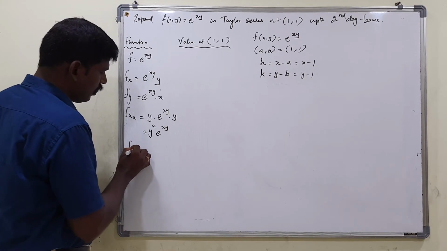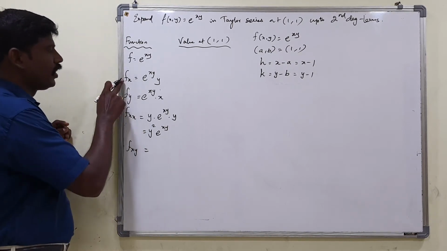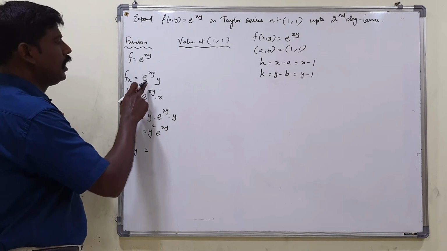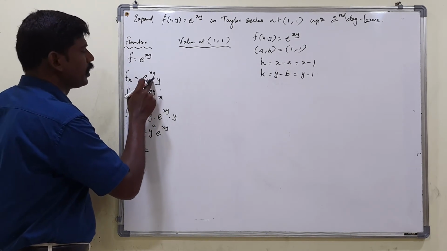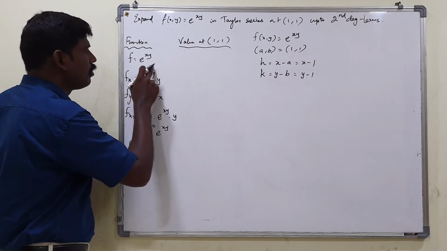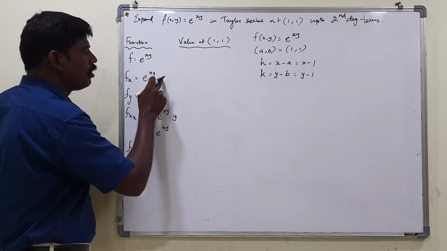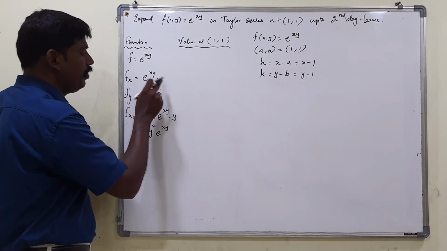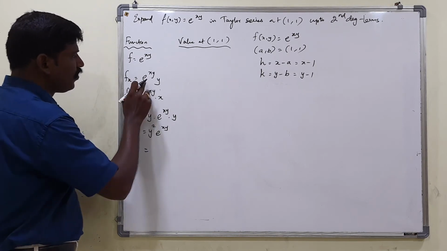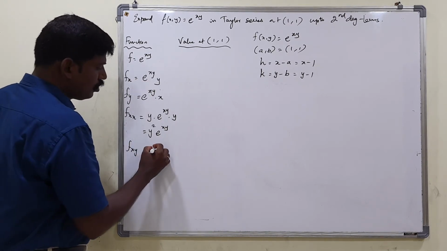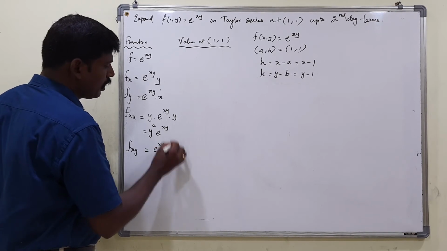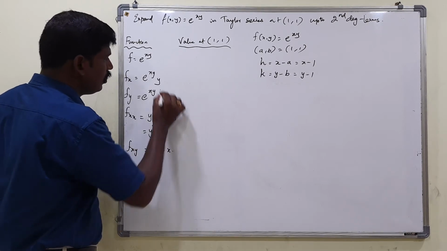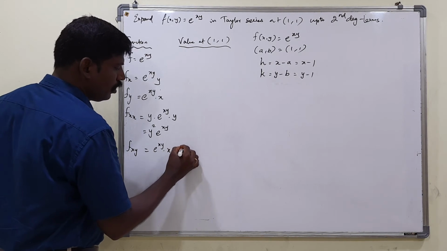And then fxy. Fx with respect to y. Here there are two functions in product, isn't it? E power xy, this term containing y and also this term containing y. So applying product rule between the two, right? So first I am going to differentiate this one. So e power xy into, with respect to y, so it becomes x into this y, right?